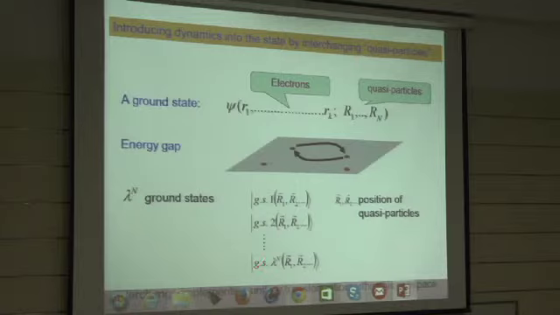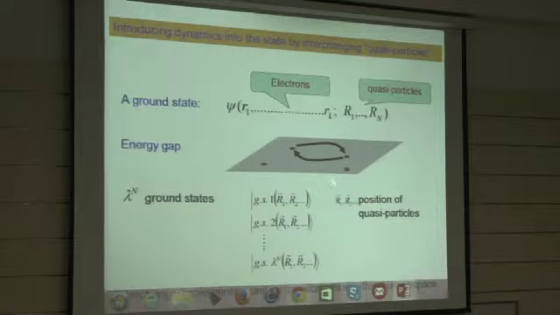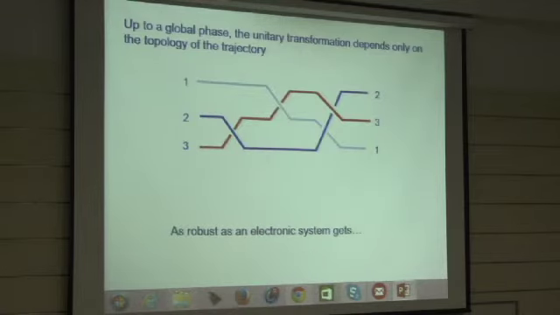So, I hope you can manage the exercise of reading through the Microsoft symbols. But in any case, what's written here behind tells you is that a cyclic evolution of these parameters corresponds to a unitary transformation that acts within the subspace of ground states. Now, this unitary transformation, it turns out, for non-abelian states of matter, depends only on the topology